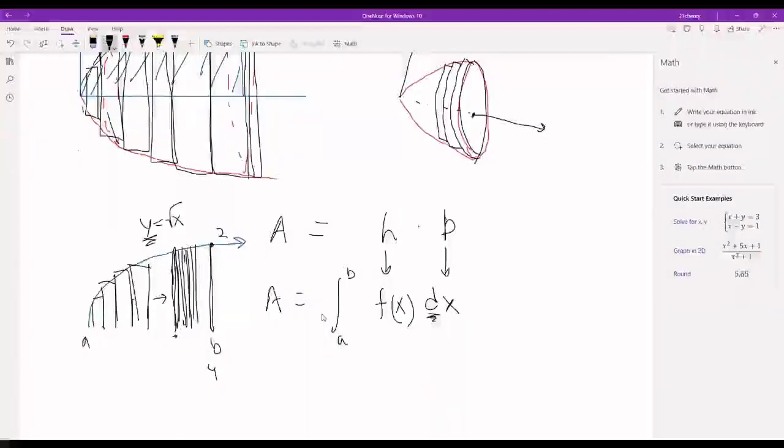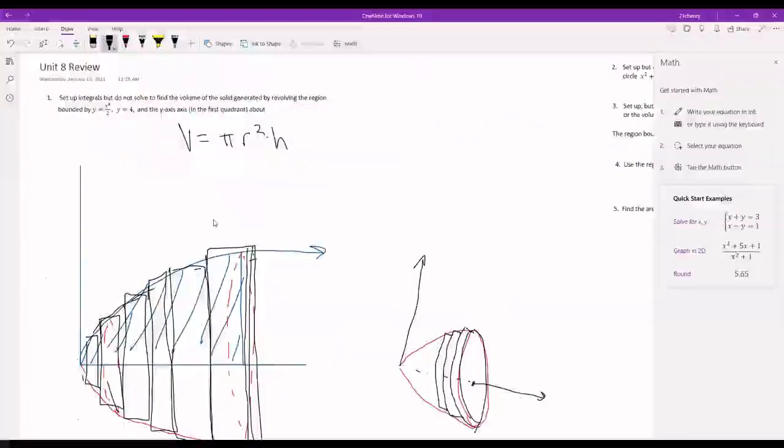Like how we went from this area to this, from one to another, we'll go from one volume to another. So now we're adding up a bunch of these cylinders, or these washers,